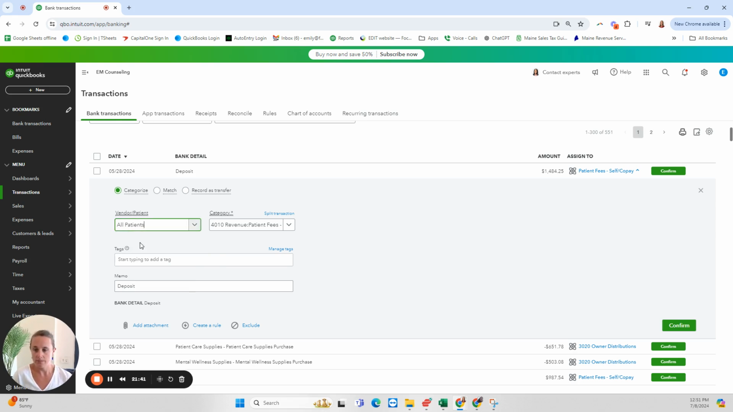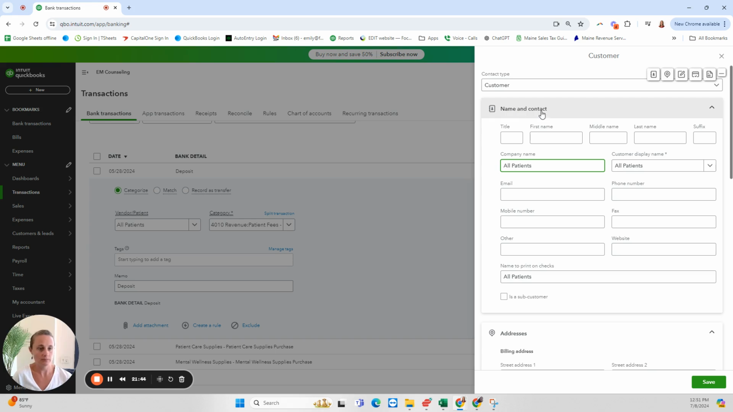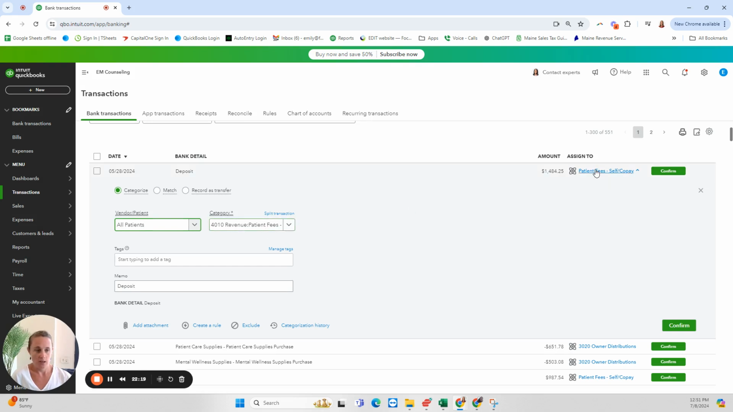We can set up all patients account as a customer type here. So again, this is defaulting to customer because it's a deposit. And this will be the name that we can code all of those service fees to, so that we don't have to actually put the customer patient name in here, and we can maintain the HIPAA compliance that way. So that's all I'm going to do, all patients, save,